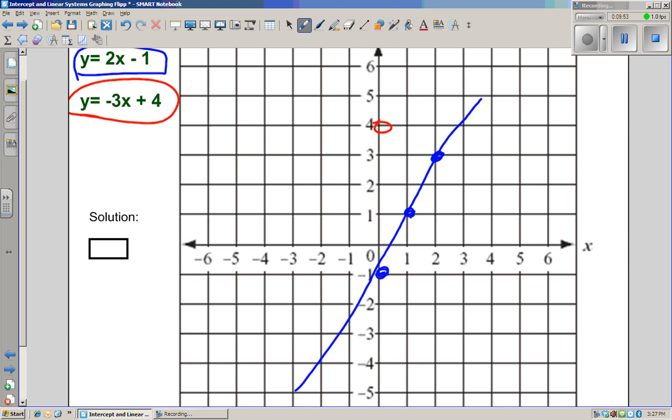Next one starts at +4. There's my dot, which means I go down 3 because it's -3x and over 1. Down 1, 2, 3, over 1. And here is my other line. You will see that these two lines intercept right there, and that appears to be over 1 for